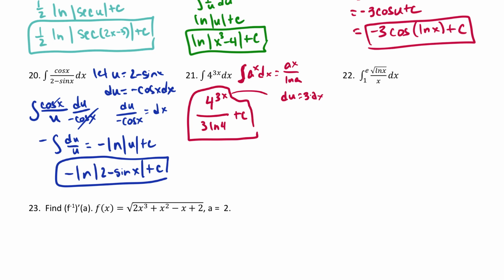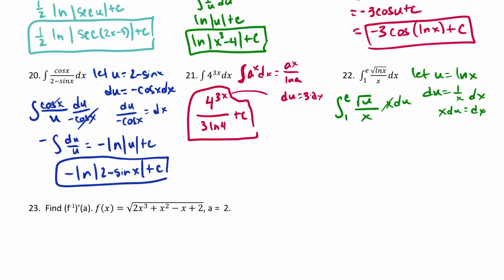Let's go ahead and we will let u, in this case, be our ln x. So du equals 1 over x dx. So now I end up with x du equals dx. Let's put this stuff in. I'll get the integral from 1 to e. And over here, I'll have the root of u, just like that, over x, and then this will be x du. These conveniently reduce out. I'll get the integral from 1 to e of root u du, which becomes,